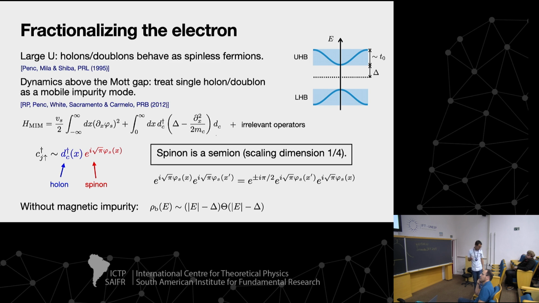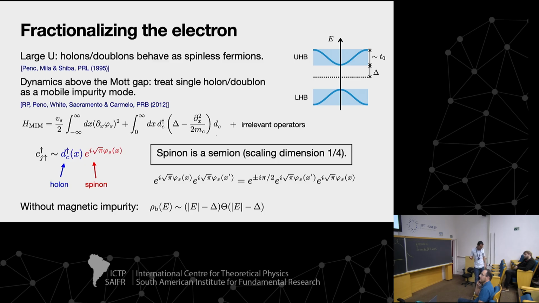And we basically adapted some previous work where we described charge dynamics at finite energy. For this, you have to go one step beyond the usual Luttinger model because you have to add these gapped charge excitations. But you can do this in terms of effective mobile impurity models. And then it looks like this. So I have this D operator that describes my holon or doublon, and then the gapless spin excitations are bosonized. If you go through this framework, you can rewrite the electron operators in terms of creating a holon, which is like this mobile impurity, and this spinon operator, the vertex operator that I mentioned before.